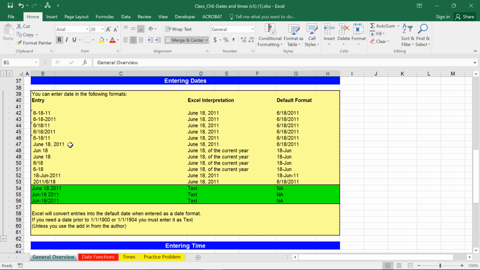Also, if I type in June space 18, 2011, I get the same underlying results. But notice if I type in just June 18, it gives me June 18 of the current year, whatever is the current year on your computer. And it starts it as that number underneath. However, it formats the cell to only show 18th of JUN. Likewise, if I type out the full name of the month, JUNE 18, or 6/18 or 6-18, I can also